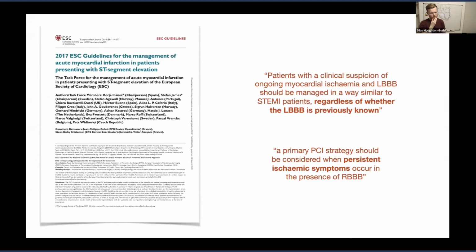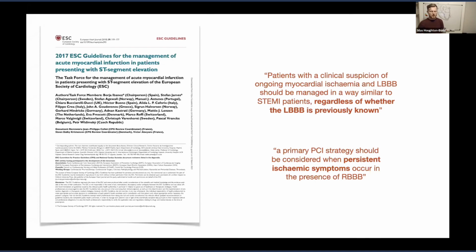the European Society of Cardiology for the management of patients with STEMI. The excerpts, my face is over the top of the writing. Here we go. Patients with a clinical suspicion of left bundle branch block should be managed in a similar way to any other STEMI patient, regardless of whether their bundle branch block is known. What the guidelines are essentially saying is that it's hard to diagnose ST elevation in the context of bundle branch block. And so if they're symptomatic, treat them as if they're having a STEMI, because you can't say